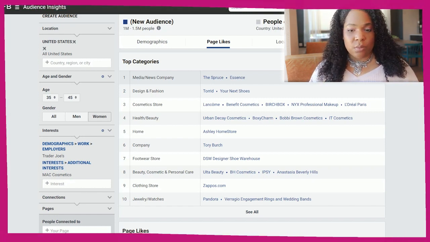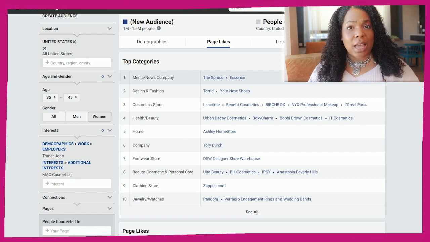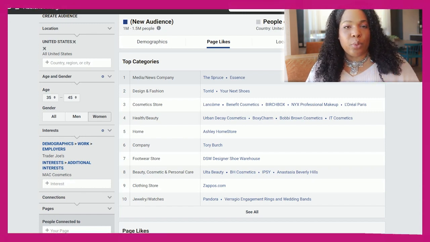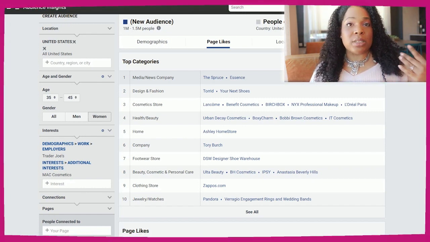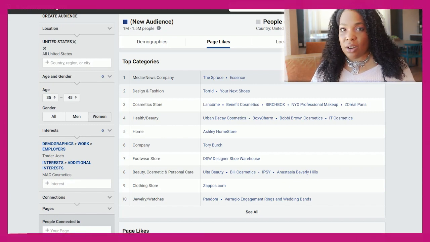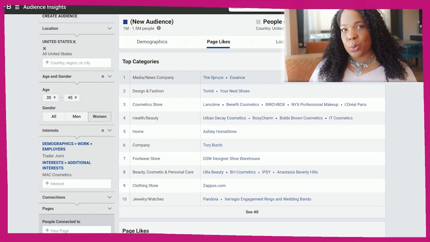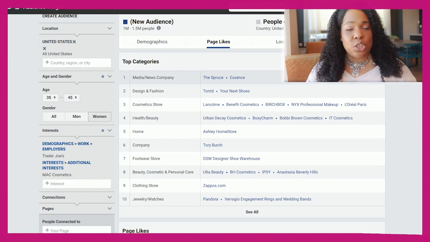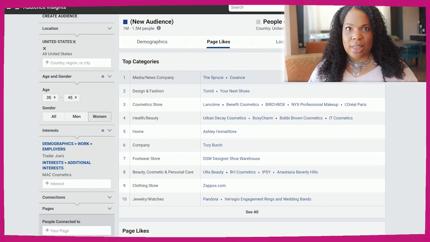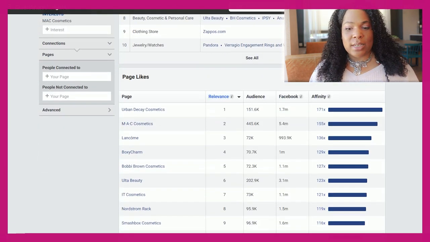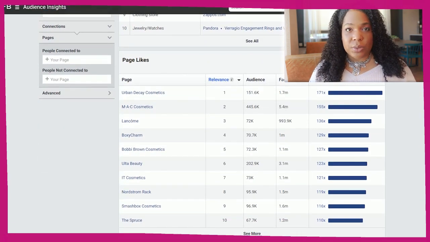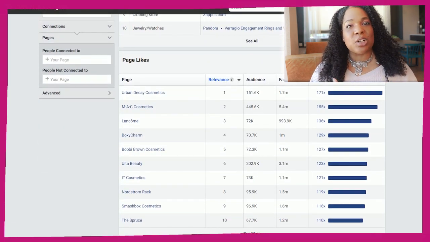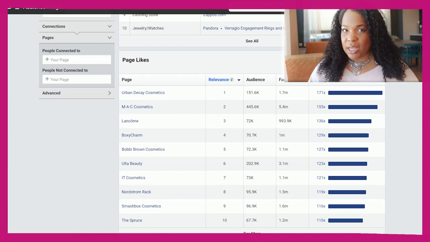I would go ahead and research a lot of these pages that they like and see what type of branding they have, what kind of colors, what type of words, how are they doing their Instagram. Use it as inspiration. Now, I'm not gonna go through everything here. This is some time that you need to use to create your perfect client. Write down what they like, write down what they're purchasing, all of those kind of things. And what you're gonna do is include that in your video marketing strategy.